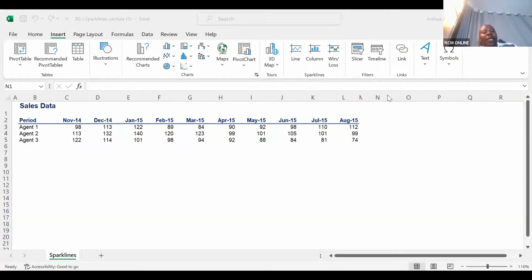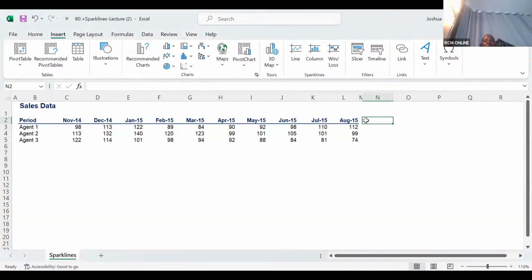So you're given, in this case, sales data of 3 agents, agent number 1 all the way to agent number 3. And then you simply want to show your management the progress. I mean, these guys can't really understand these numbers very well. So if I'm the one presenting this, as I try to represent the numbers to my bosses, what